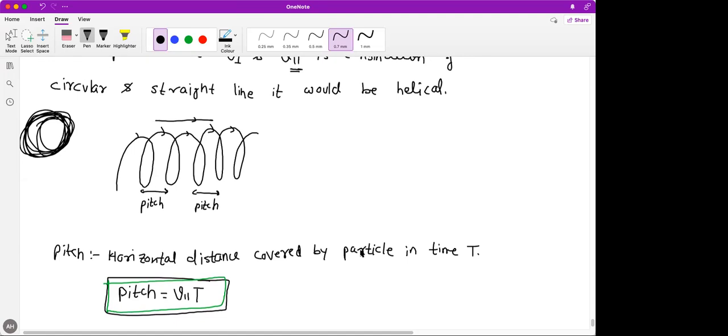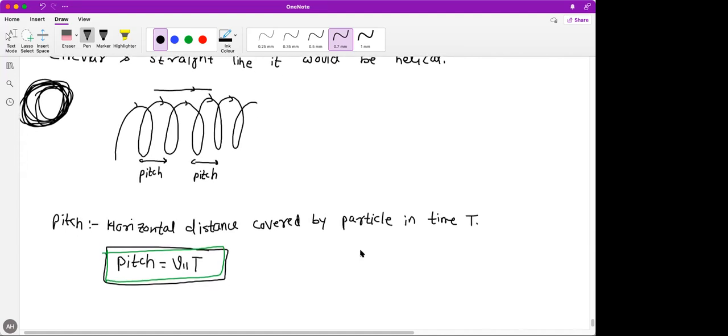Yes, sir. Okay, this completes the path of a charged particle in a magnetic field. So let's stop here. From the next class, we'll continue with force on a current carrying conductor in a magnetic field. So we are left with just 3 to 4 more topics and then magnetics is over. Okay, let's stop here. We'll finish magnetics and then next week, inshallah.